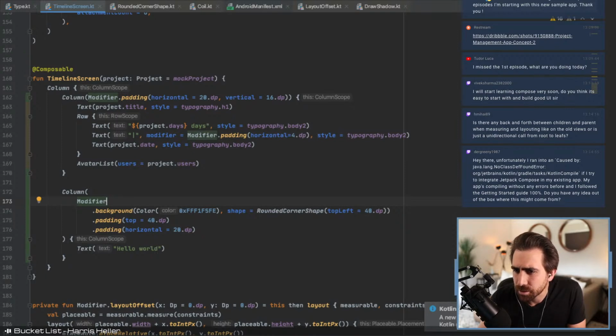HMI Hi says, is there any back and forth between children and parent when measuring and laying out like on the old views, or is it just a unidirectional call from root to leaves? So all layout in Compose is written to strictly be single pass. So there are no gotchas there, but there are ways that you can, for instance, the with constraints API, what it allows you to do,